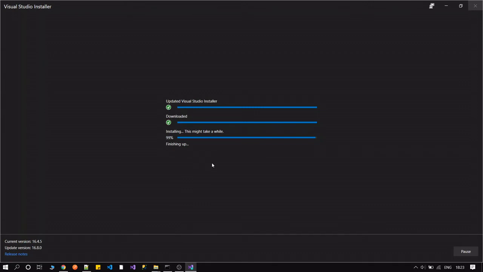It's just finishing up all of the required dependencies in Visual Studio so that they can be used properly.